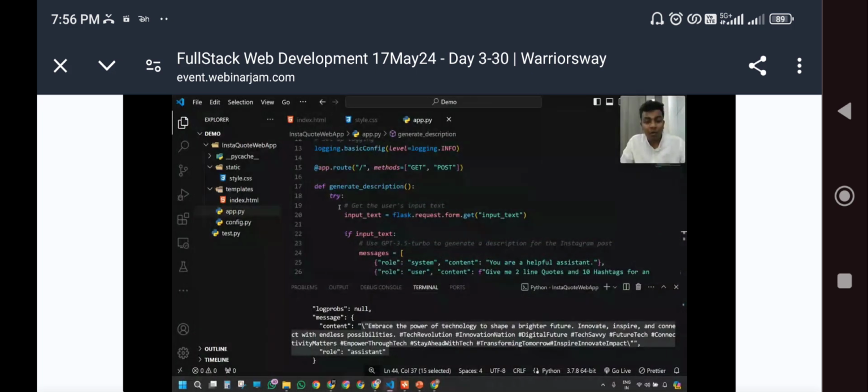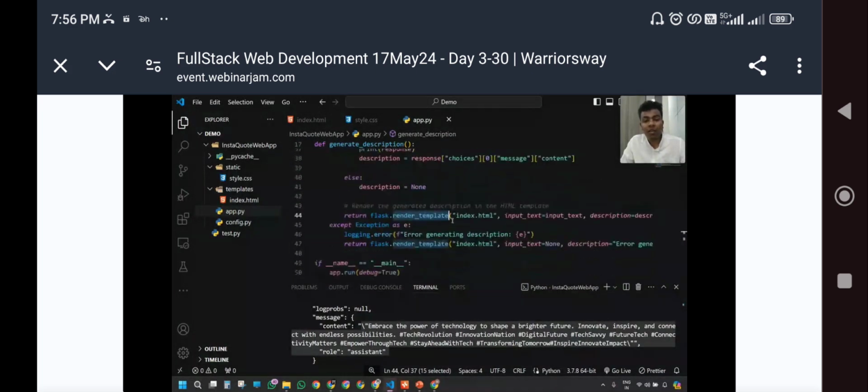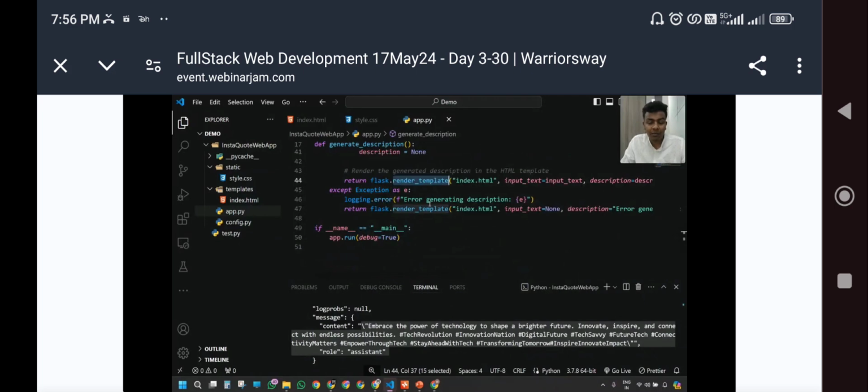But if it can't process this kind of request from the input user, it will give you an error, like "error generating description." There might be a problem with your output, or your API is wrong or something. Guys, whenever you are getting an error, like API not found, or key is not right, or you might have already used it. If you have already utilized your free credits, then you need to create a new account, or else you can put your credit card into it and pay for it, $5, and you can get your API credits back. But this is how we have created this application.